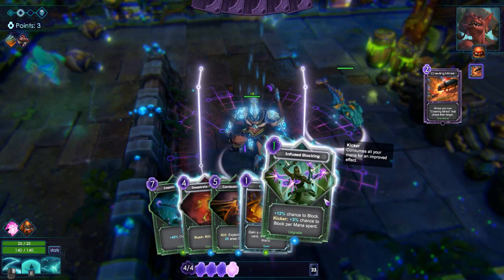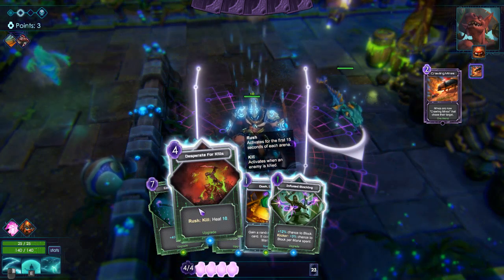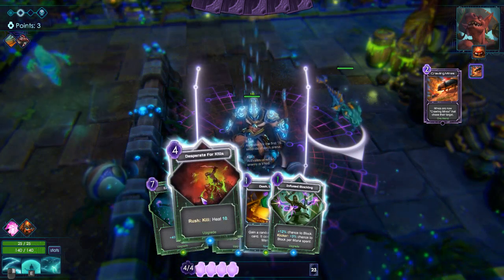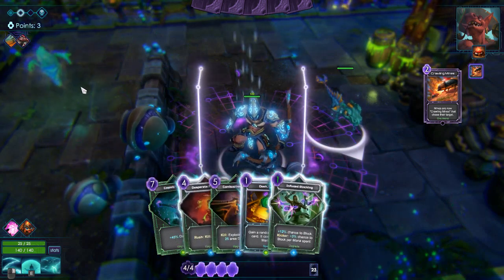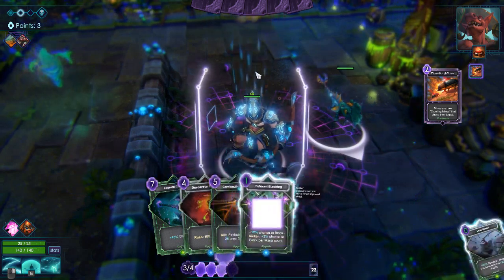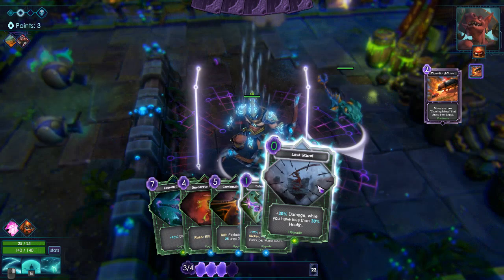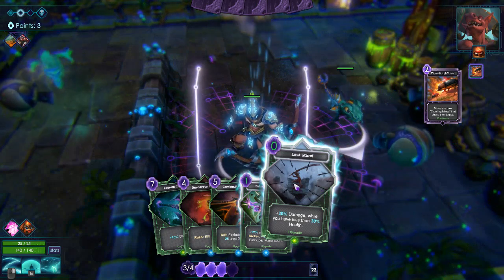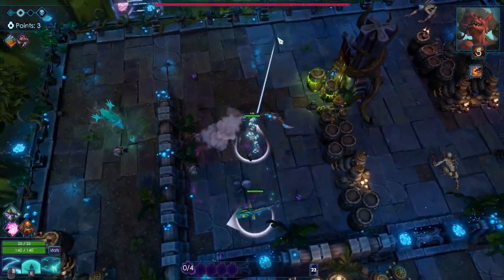Kicker. I do want blocking. Rush, kill, heal 10. That's actually not... That doesn't do anything. That's interesting. That does nothing for this. At all. And it can't do anything for me because I don't get healed. I just lose maximum HP. That also can't help me. So I may as well hold on to that until I have...